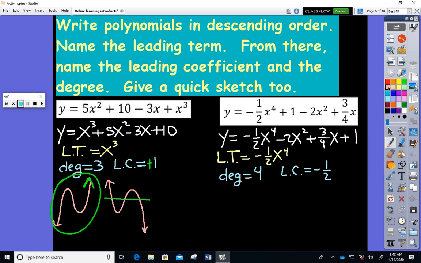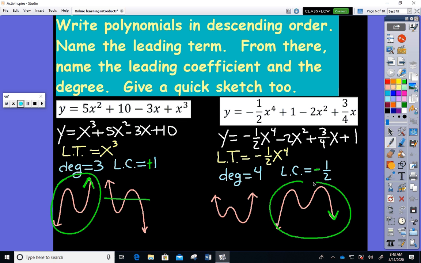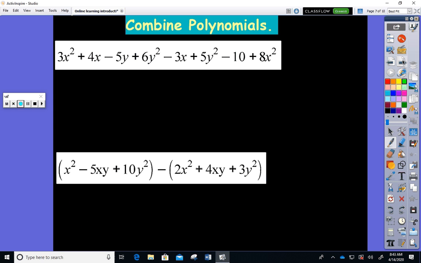So on the next one, let's see here. The degree is 4, so it's a quartic. So it goes one of two ways. How do I know which one? I look and say, oh, look, the leading coefficient's negative, which makes the right end down. All right, so this is the one, not that. So again, you're not going to have any graphing yet, but if you start to put that together now, you'll